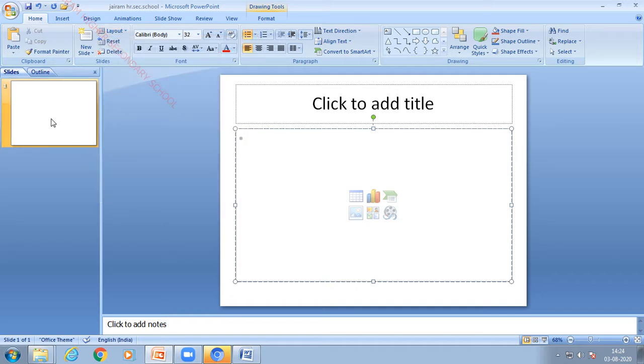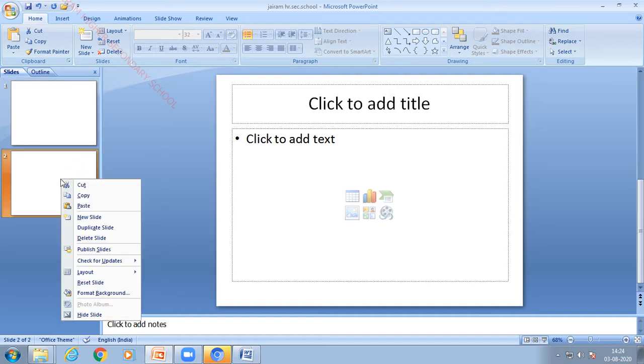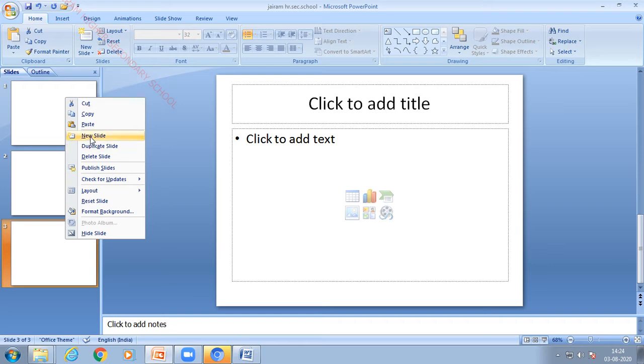In this left pane you will have a lot of options by right clicking the particular slide. So I am going to right click this slide. Then you will have a cut option, copy option, paste option, new slide option. You know well, new slide is used to create a new slide, or you can use shortcuts for creating a new slide. Which shortcut will you use to create a new slide? Control plus M. M means more slides. So to create more slides, you have to choose Control plus M. Now I am going to choose the new slide option to create a new slide. So this is the way you can create slides.